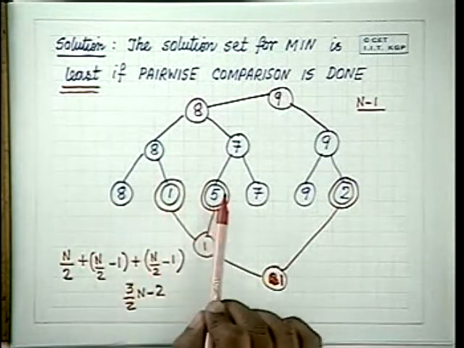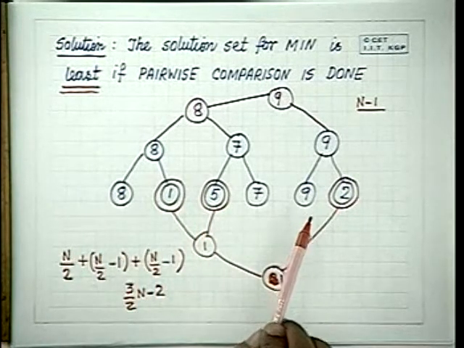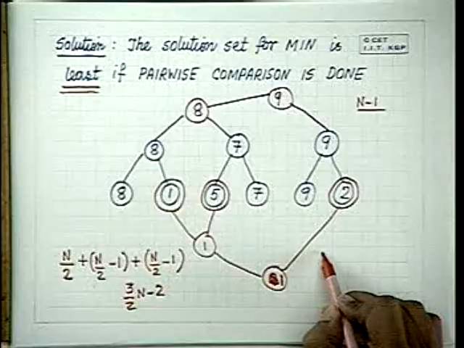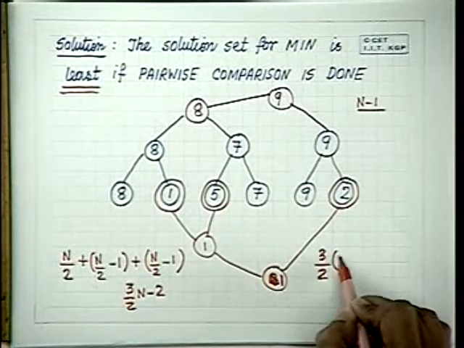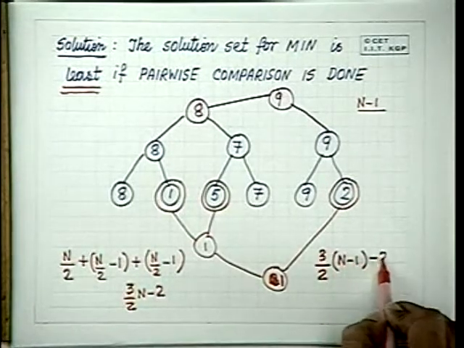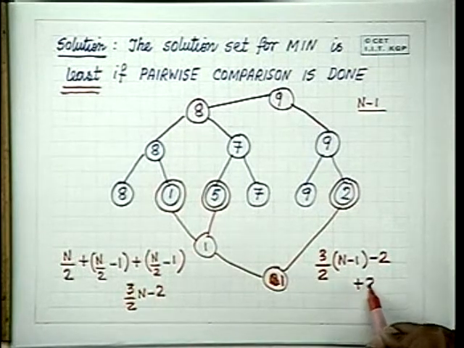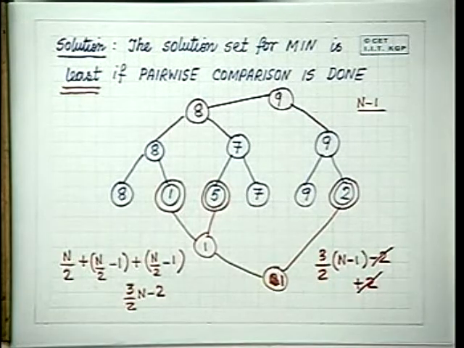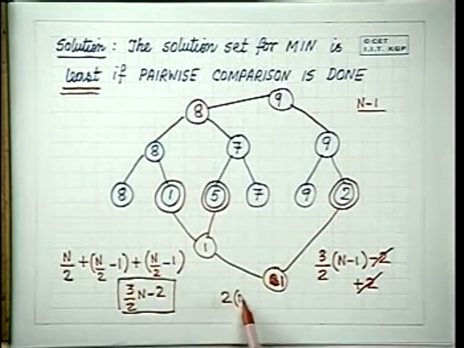For odd, you can take the case out and it will work similarly. What you do is, you leave one number out and do it for the even case, and then compare the last number with both the maximum and the minimum. So in the odd scenario, for the even part you will require this, and the last one will have to be compared with both the maximum and the minimum. So these two will cancel out, and for odd you will require this. So both of them are anywhere less than the number which you had before.